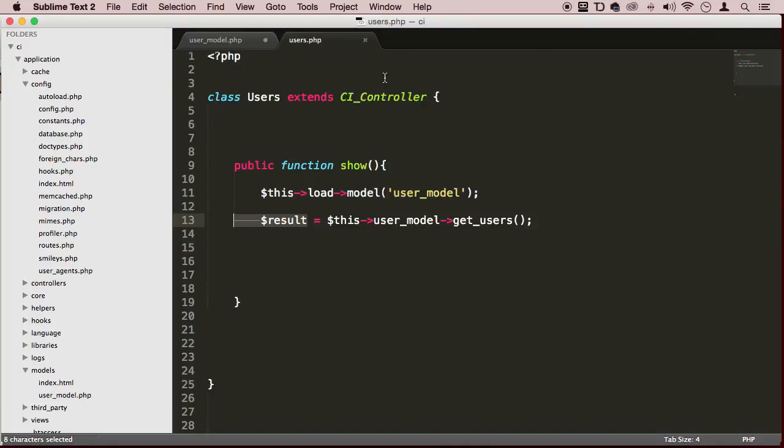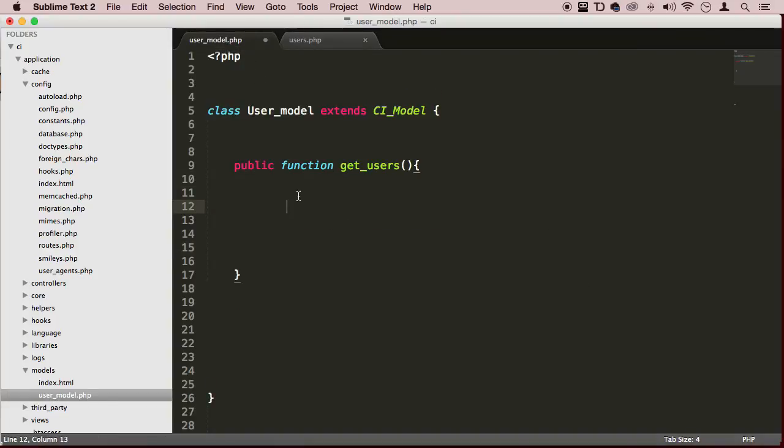But first, let me show you the second way of actually loading a model. And the reason why I'm showing you this is because on this step right here, we have to load